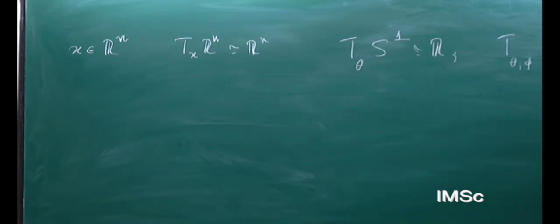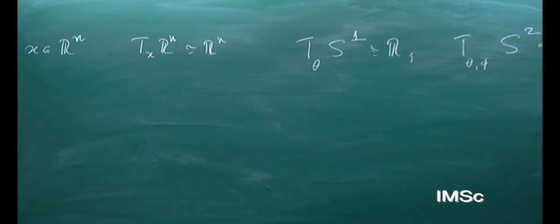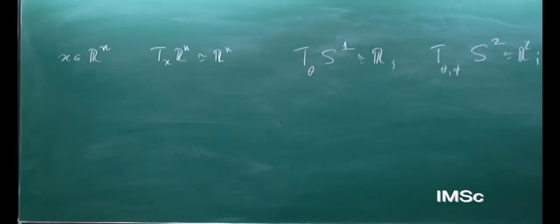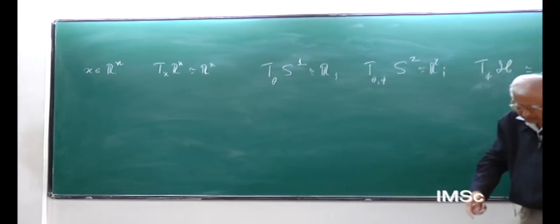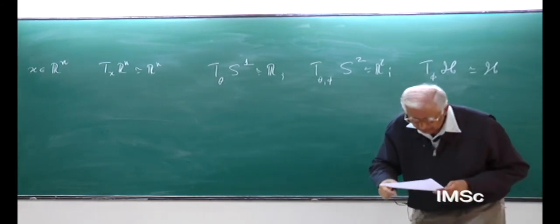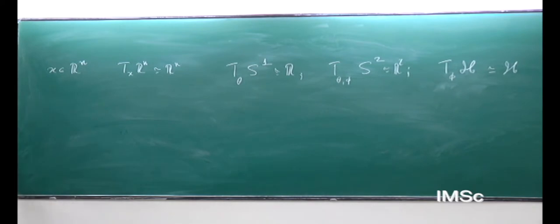Now I ask, and this will be my last question, suppose you have a Hilbert space, complex linear vector space of any dimension, and phi is a vector in the Hilbert space. What is the tangent space to H at that point? H itself. Because there is no condition that you are dealing with a unit vector or anything like that. In particular, phi could be the zero vector also, nothing to stop you. So this is just to see that you are all feeling comfortable with this notation, with these ideas. Okay.